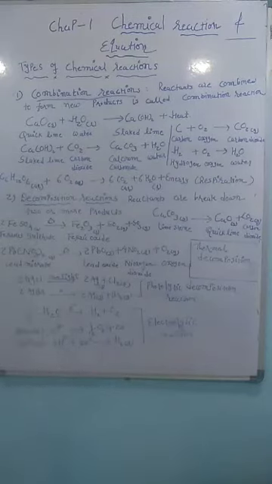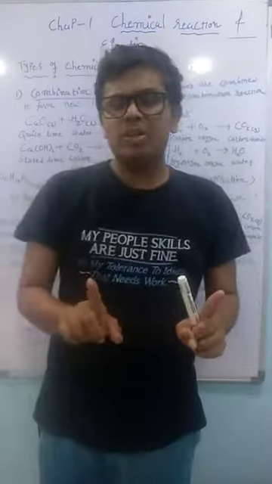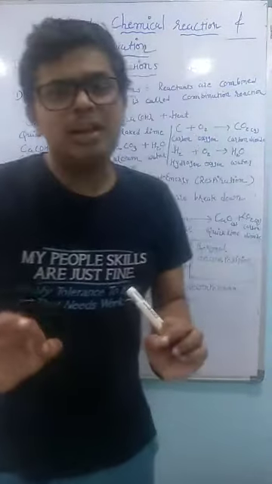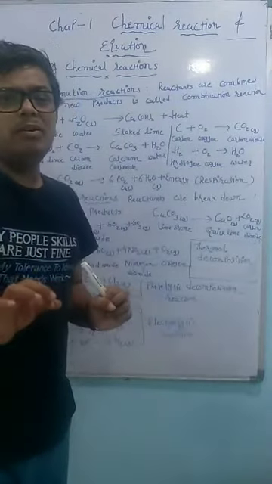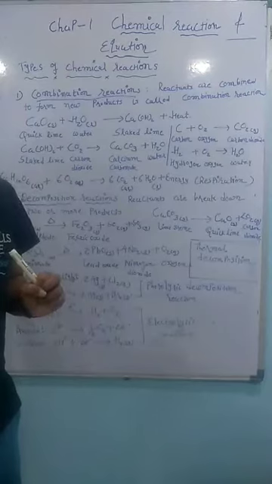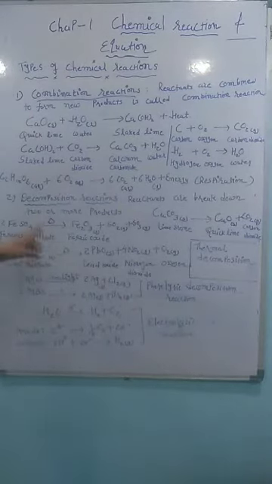Okay students, now we are going to learn about the decomposition reaction. Decomposition reactions are of two types: one is thermal decomposition and the other is electrical decomposition. Thermal decomposition means the decomposition reaction occurs in the presence of heat energy. When we apply heat, that type of decomposition is called thermal decomposition. You can see the triangle. The triangle is the symbol of delta. It indicates heat energy here.